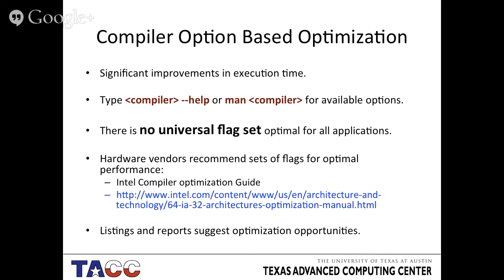There's a lot of not very sophisticated users that would just simply compile their code with the defaults, which tend to be -O2, which is a particular compiler flag I will describe in a minute. Actually, increasing the level of optimization that the compiler is allowed to use for your code can help you improve your execution time significantly without you having to make any actual changes to the source code, which is a lot more time consuming. There is no universal flag set that is going to help every person out there, every code. But there's a set of flags that are pretty reasonable to use, and I will go over some of those